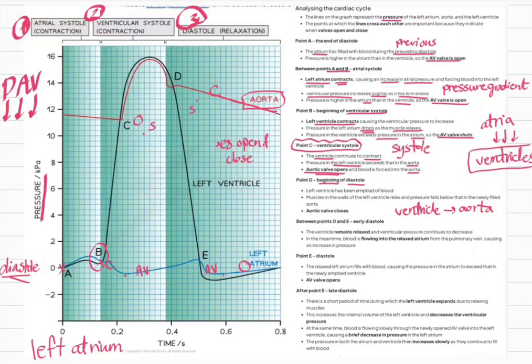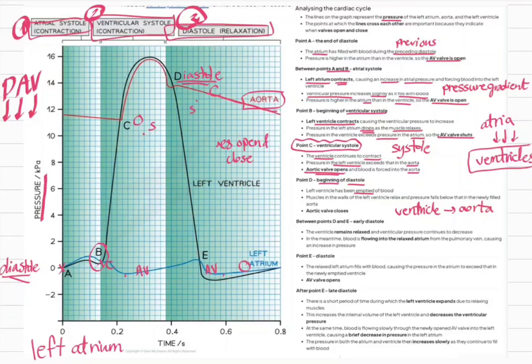Like here, this indicates the start of diastole. As we know, this was the atrial systole, the ventricular systole, and this is the diastole relaxation. So this is the diastole part getting to start, where the left ventricle has been emptied of blood. Here was the journey of emptying the left ventricle to fill up the aorta. But now it's all emptied, and we have the diastole getting to start because the ventricle is all